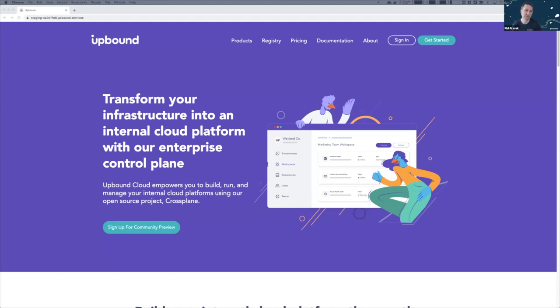Upbound Cloud Community Preview is the fastest way to get started with the open source Crossplane project using free time-limited environments for early evaluation. Upbound quickly gives you an enterprise control plane that layers on top of your existing infrastructure and cloud services, giving you all the tools you need to build your own internal cloud platform the same way